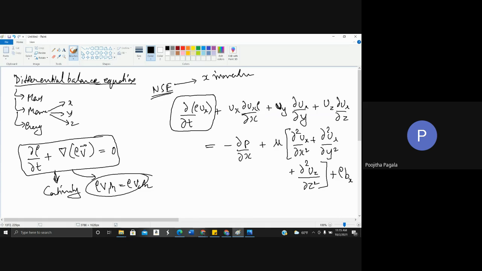I'm sorry, there is a rho over here, rho ux. So this term represents the rate of momentum generation, or this can also be visualized as the unsteady term because you have a time derivative. And coming to this term, it is the convective term, convective transport of momentum,